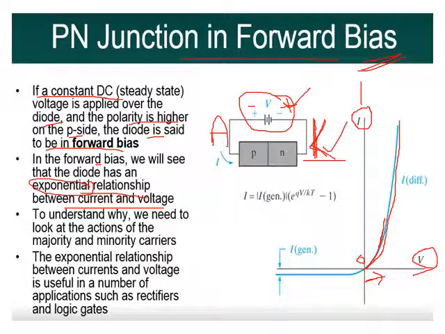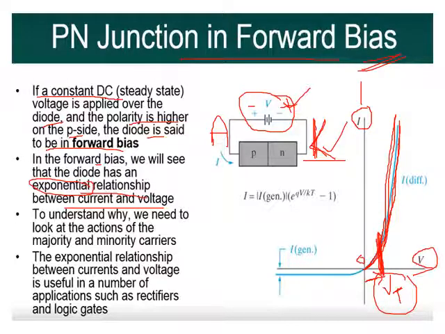So in the graph we see that as voltage increases, the current increases exponentially, right? We have studied this in previous semesters also. Here the minimum voltage required to turn on the diode is called the threshold voltage, or VT, and it has many other names also. After VT, the current is increasing very rapidly.